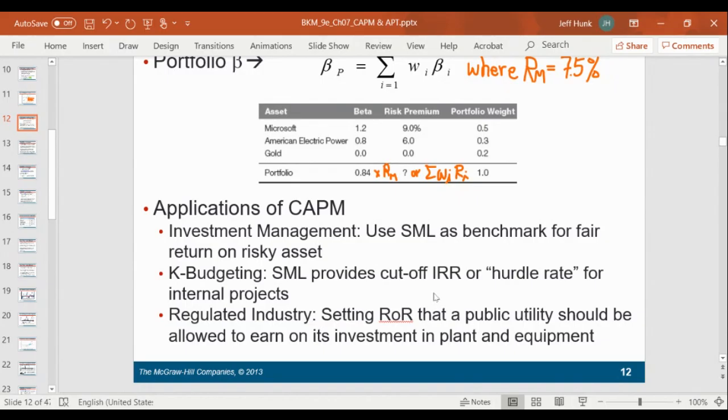So any project with an internal rate of return that is higher will be accepted, any lower will be rejected. Now, in a